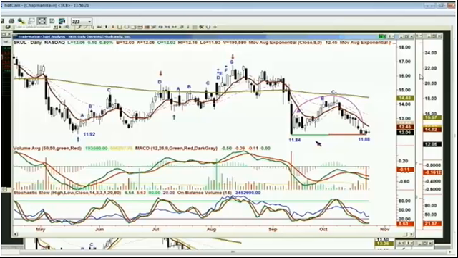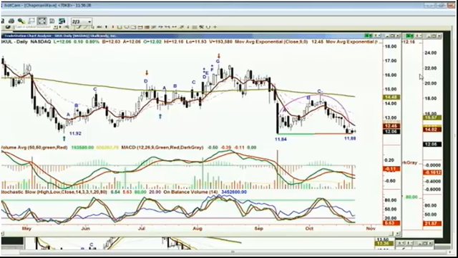So if you're thinking you've got yourself a trade, it only needs to go to 12.45, the 9-period exponential moving average, to show that it's got some upside energy. I would probably wait for it to actually move. It's up 10 cents today. Hey, that's good, but it's nothing compared to what it's supposed to do.